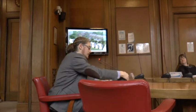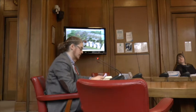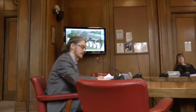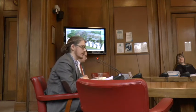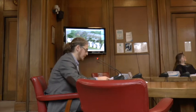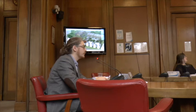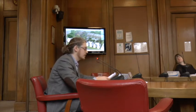Thank you. Actually, in this case, confusingly, we have objected. I'm sorry for that confusion. So what we have here is the application has proposed a new access on Coldhams Lane. Thank you for putting that up. That is designed to interrupt the existing footway, and give priority to motor vehicle movements instead of people walking along that footway. This is in contravention with Policy 8.4 of the 2006 Local Plan, which clearly states,